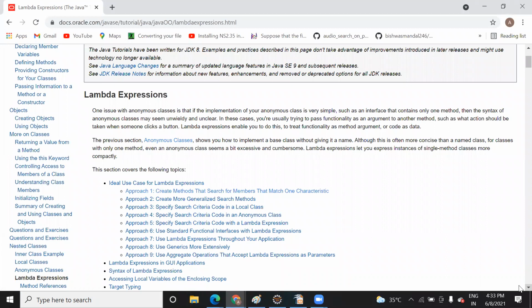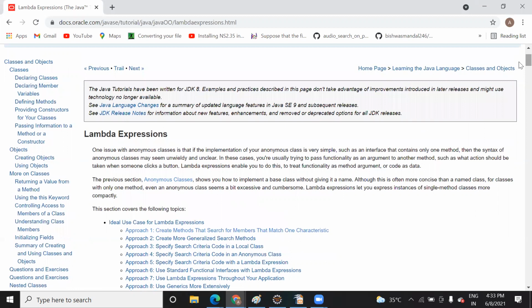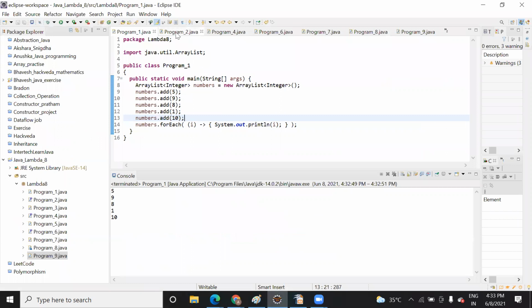So here you can see this anonymous means that we implement it without a name. So here this lambda expression is the same thing. What new feature was added in Java 8? Java 8 implemented this lambda expression, and this lambda expression is very useful when you want to combine two or more expressions and create it without giving a name. Let me show you one more example here.